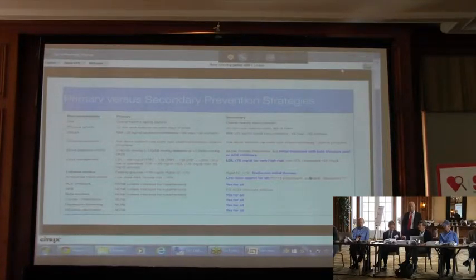But you're right, we're not testing the hypothesis of whether or not doing a coronary calcium scan can save a life, but we're testing the hypothesis that treating, visualizing